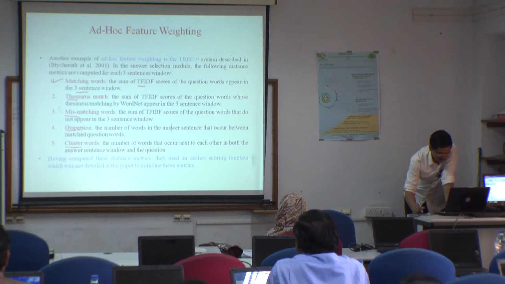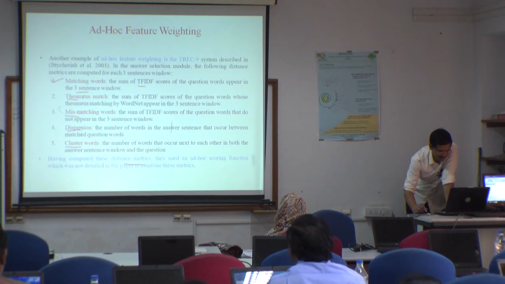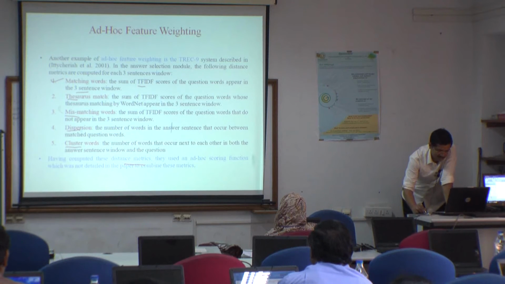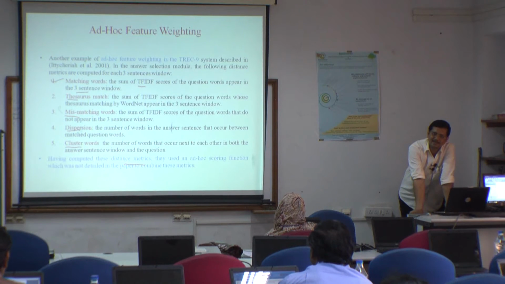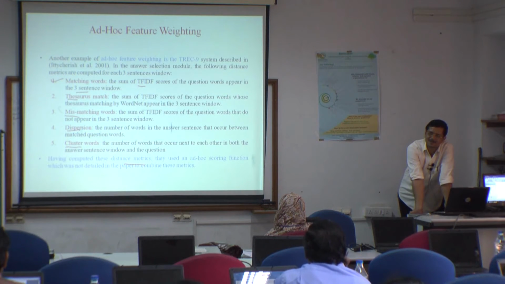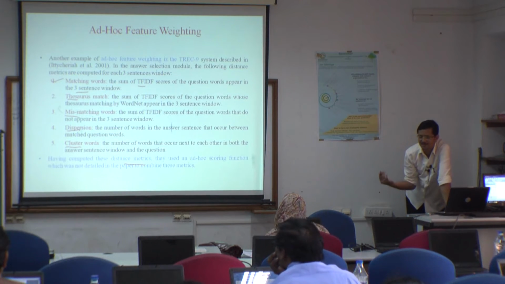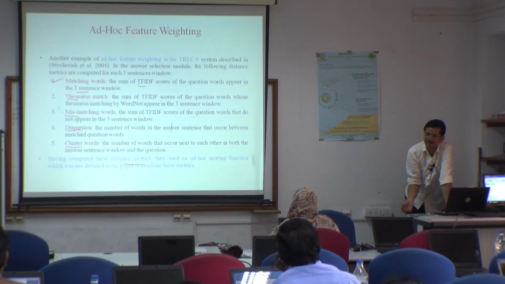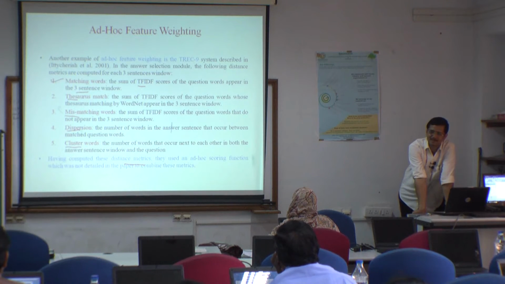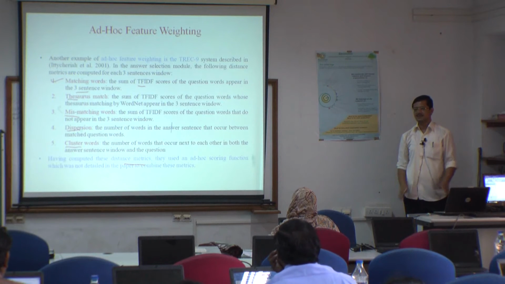And based on this scoring, they use some ad hoc metric: these are matching words available in the answer, these are thesaurus word scores obtained from thesaurus matching, these are scores from mismatching words, score from dispersion, score from cluster words. Then they add all those measures, and then they say that this is the highest score. The highest score is given to our first 2 sentence pair, so this will be the first rank answer. Next highest, and based on that score, they rank all the candidate answers in descending order of their score. This is the process.